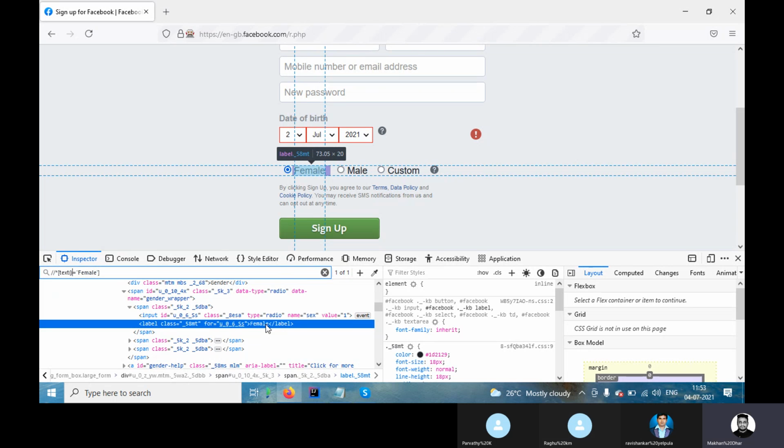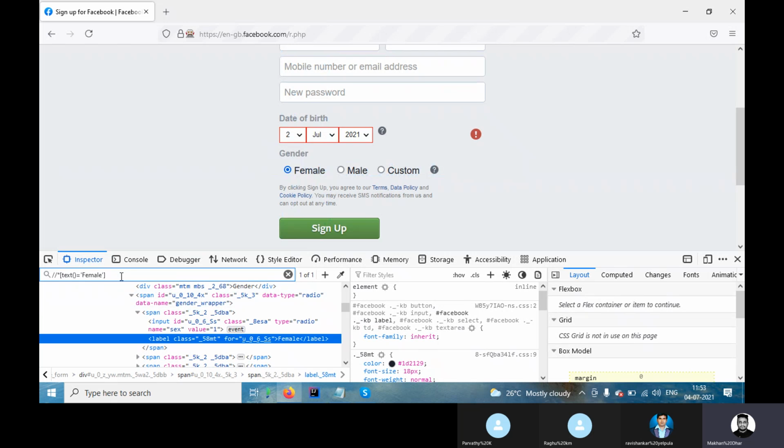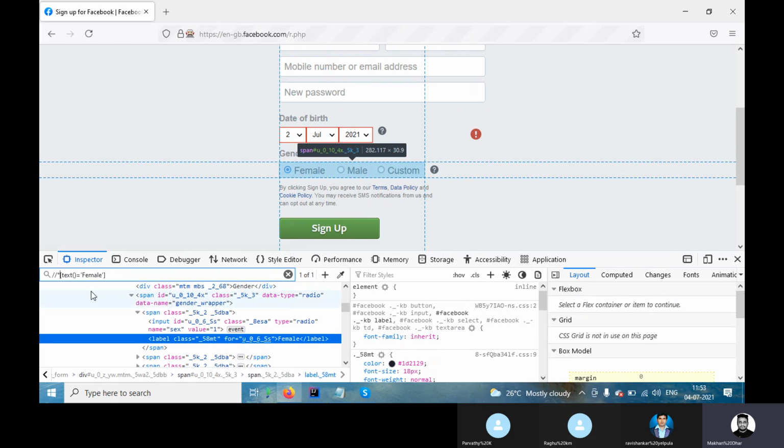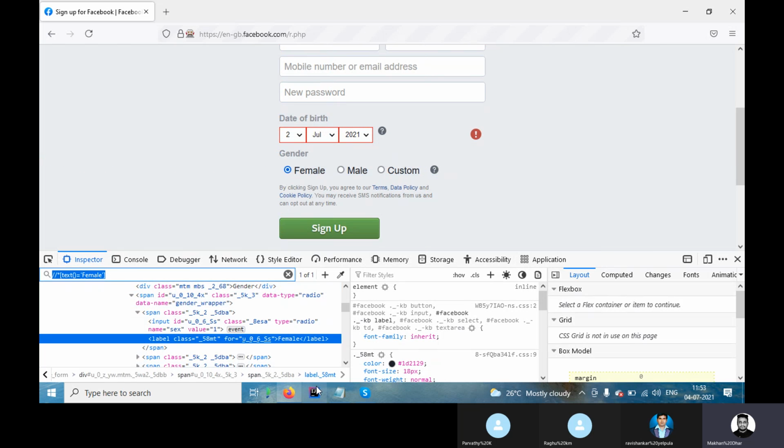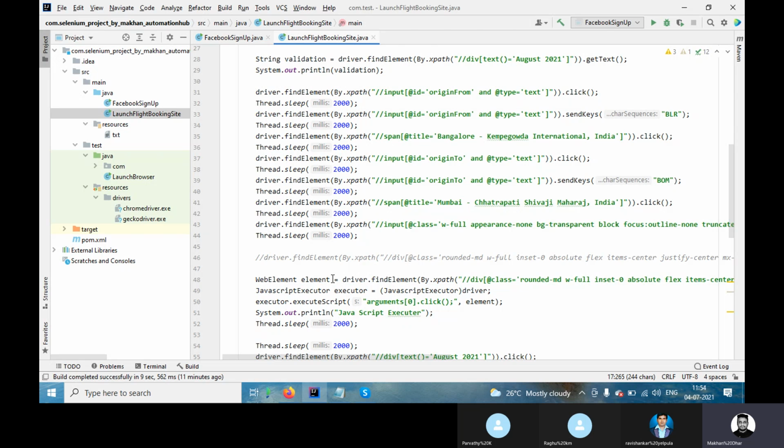Yeah, still it is coming, right? So this is another way you can search if you want to. So this symbol will search. Okay, the function of it is to search text, any kind of text where female is mentioned. This is also one way to find the element. Okay, so this is also new for you guys. I'm just using this one for now.